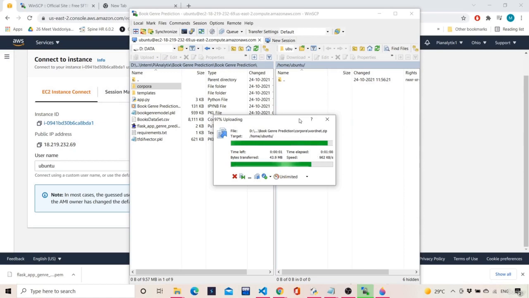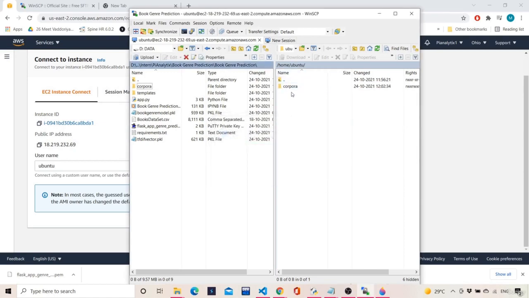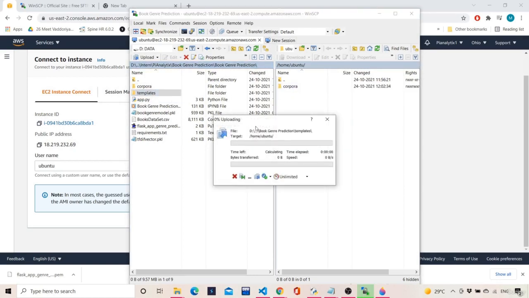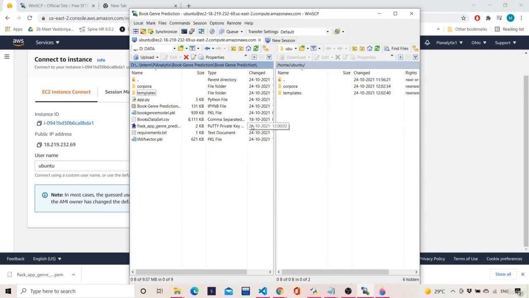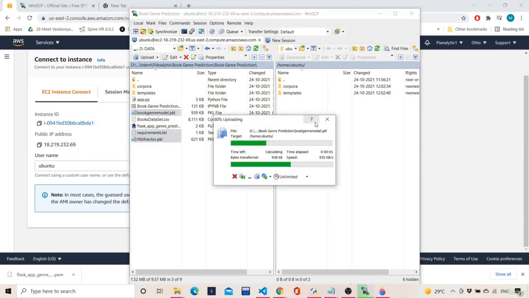It will automatically download in the same directory by default. So you can skip this. Copy the templates. You can also do it directly by selecting many files like this and copying them, right?